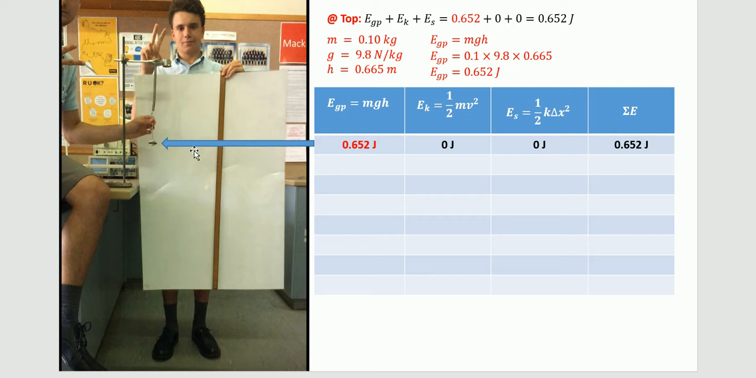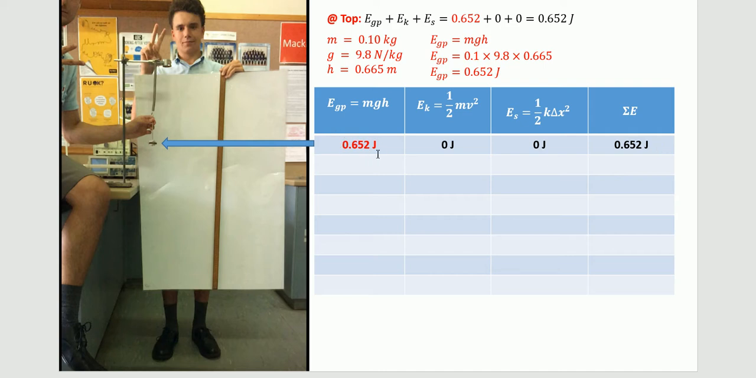Now, first of all, at the top, we always consider the sum of those three forms of energy. At the top, we've got full gravitational potential, mgh, because there's a height of 66.5 centimeters. Following this calculation, mgh gives 0.652 joules of energy. There's no kinetic, it's not moving. There's no elastic strain potential, it's not stretching the spring. So at the top, there's a total amount of energy of 0.652 joules, which is all being generated by the